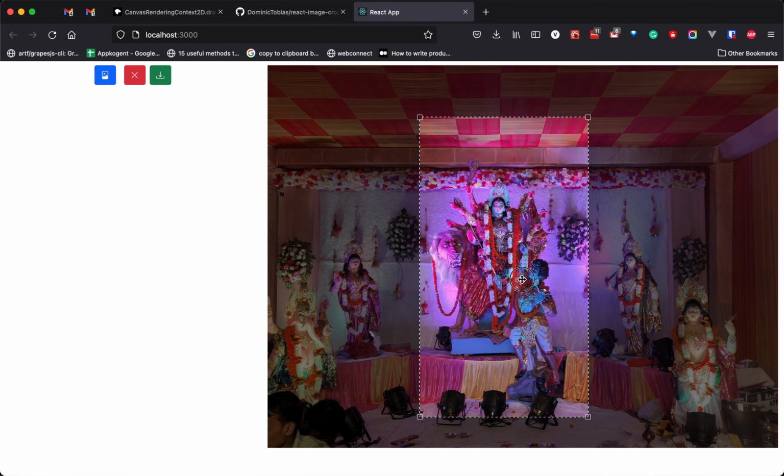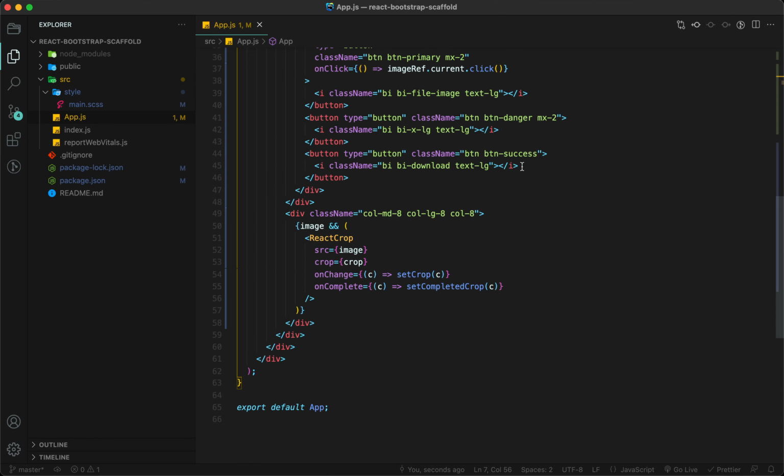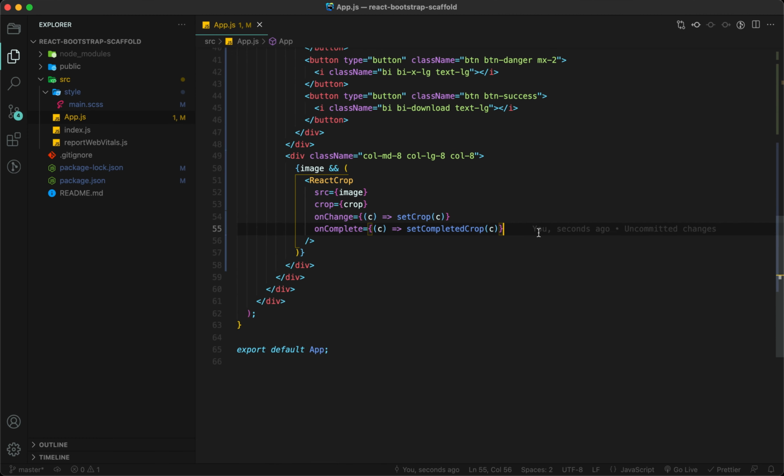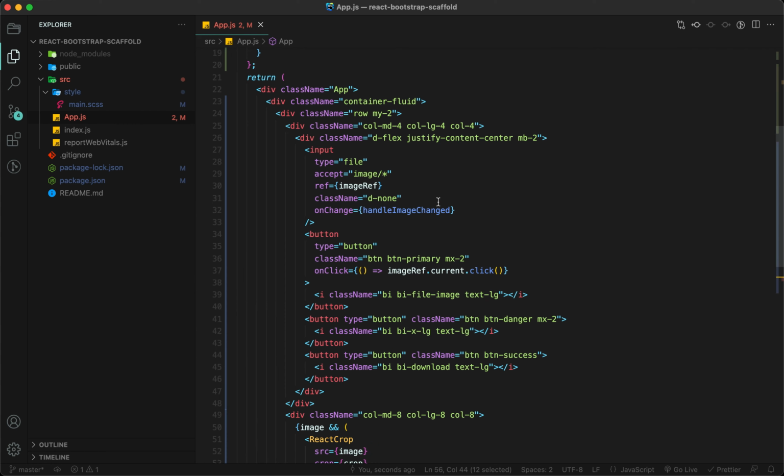Yes, as expected. But we are not seeing any preview for our canvas. For our preview, we have to implement this one. On image loaded we will have handleOnLoad. Now I'm going to create this method.